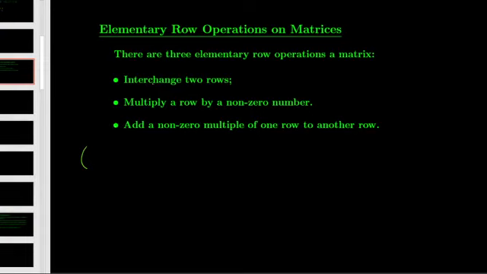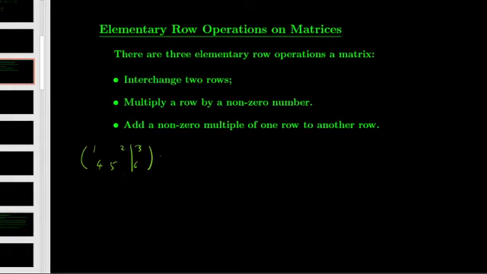The first operation is to interchange 2 rows. Let's say you have an augmented matrix, something like this: 1, 2, 3, and 4, 5, 6. For the second row, I'm using a bar to separate the coefficients and the constant terms. If we perform the operation of interchanging row 1 and row 2,